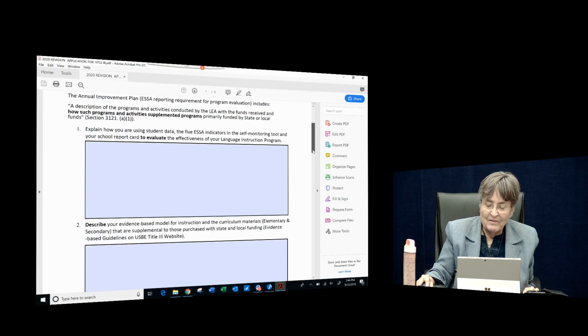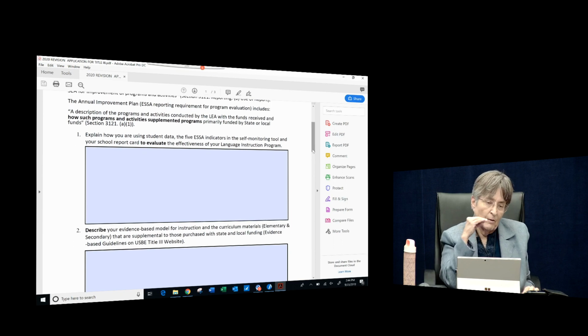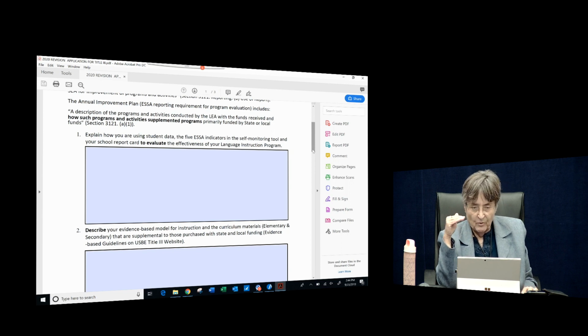So in a simple sentence, this is kind of the way to think about it. If student outcomes and annual progress in academic achievement, as well as toward English proficiency by meeting annual growth goals, aren't happening, then the intention is to align resources and evaluate the effectiveness of your programs. The purpose of this is to not keep doing the same thing over and over again and expecting different results, but